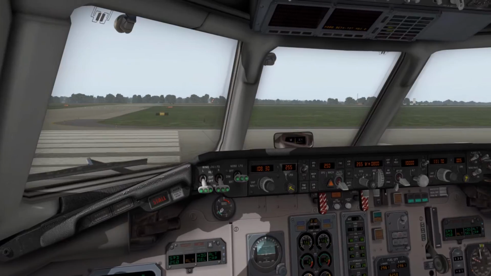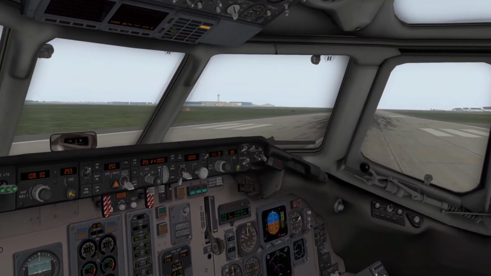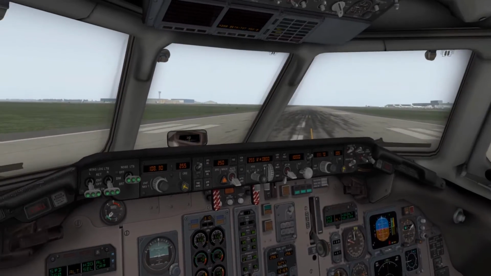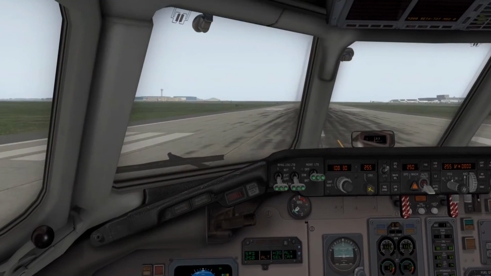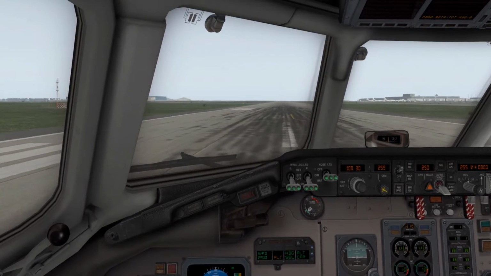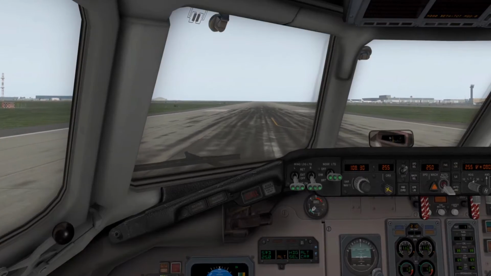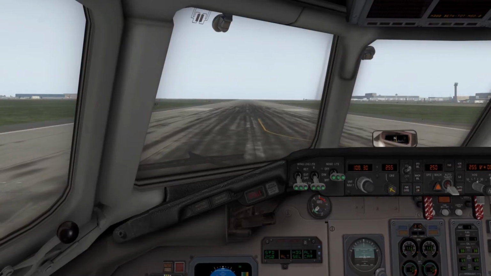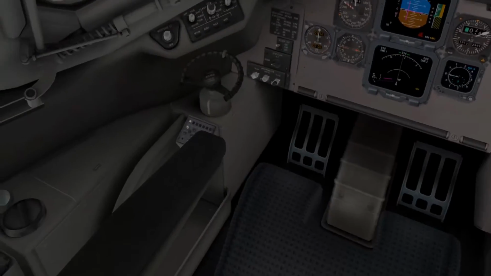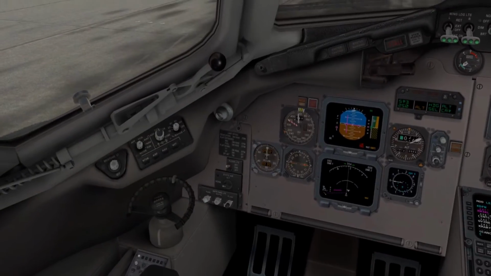I'm running an Alienware Area 51 computer with NVIDIA 1080s. Now, XPlane never has used SLI, but I've got dual 1080s and I'm running an i7 processor with 32